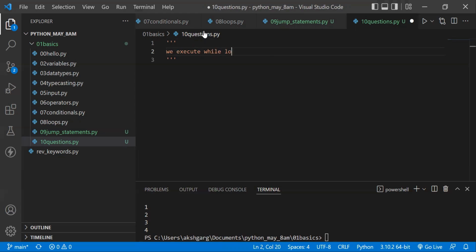While loop, when we do not know the number of iterations. Means we are not aware of how many times my loop is going to be executed. When I'm unaware of that, at that moment we use a while loop. The question which we are going to discuss for that is